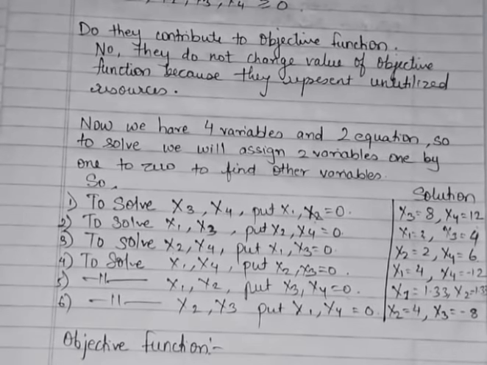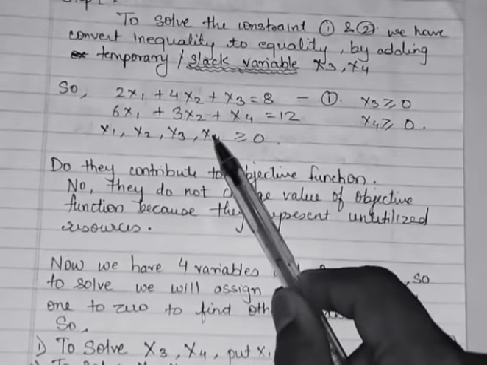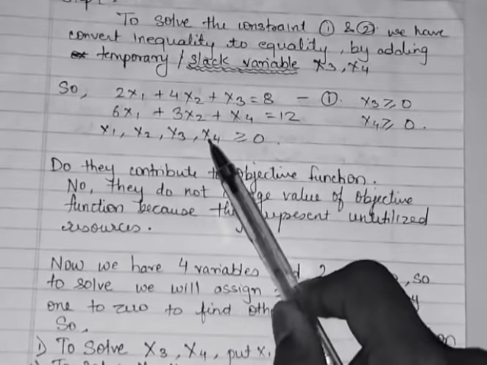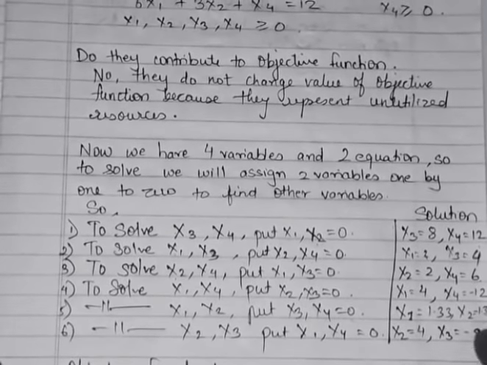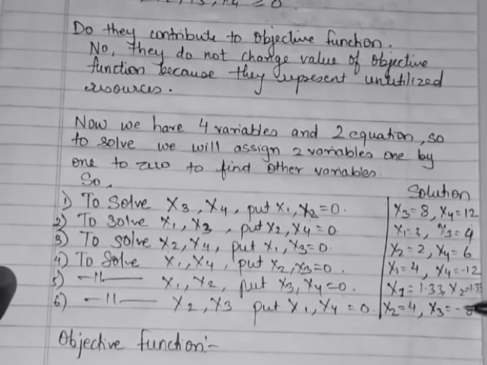right? Now if you can see, initially we have a non-negative restriction that x3 and x4 should be greater than or equal to 0. Now if I am getting an answer as minus like this, sorry for the inconvenience. So this is minus and this is minus, right? Since these two are minus, we are not going to find the optimum objective function for these values, because this is an infeasible solution, right? Minus is not possible.